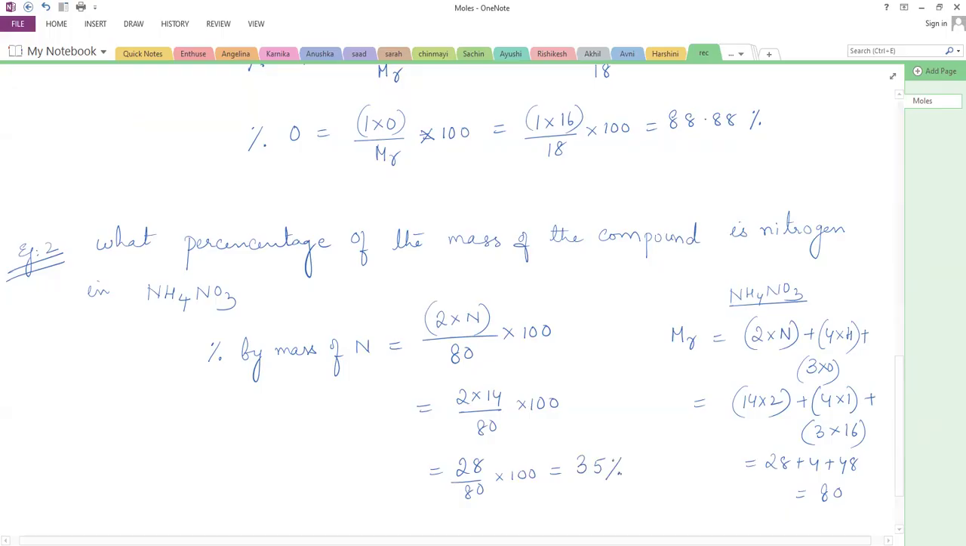And if you know the formula, it's just the substitution there in that formula. And then finding out the relative molecular mass of that compound and then substituting there gives you the percentage by mass of a particular element in a compound. Coming to the actual